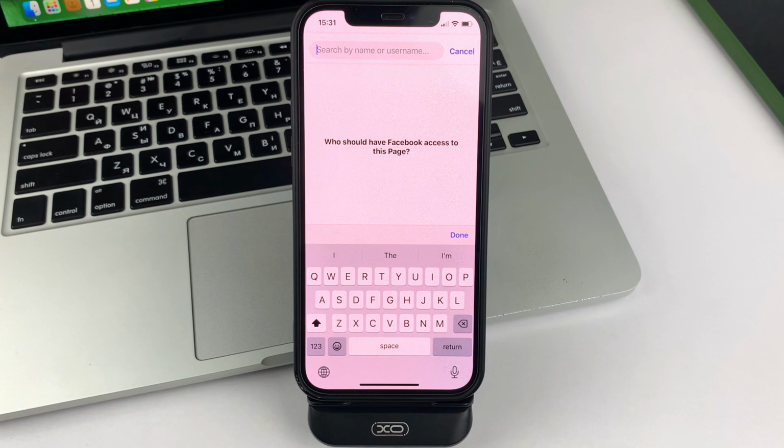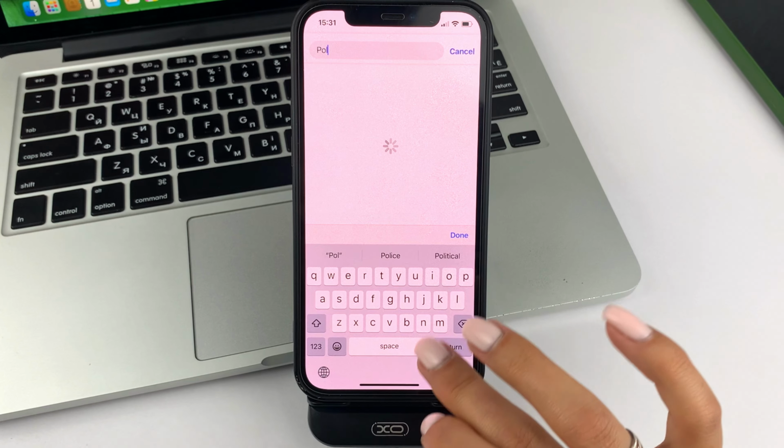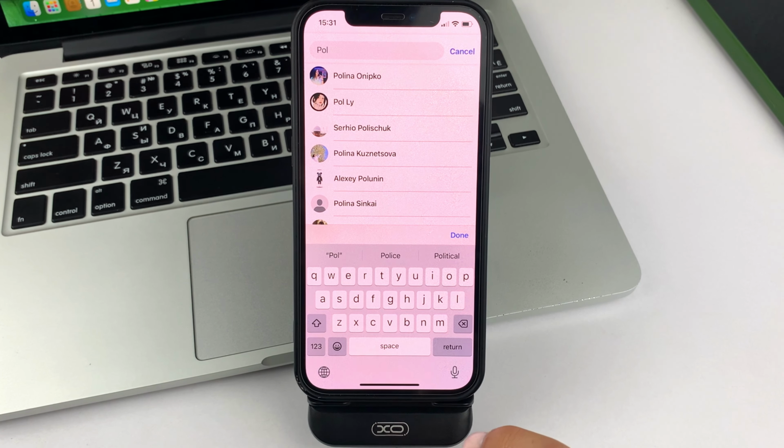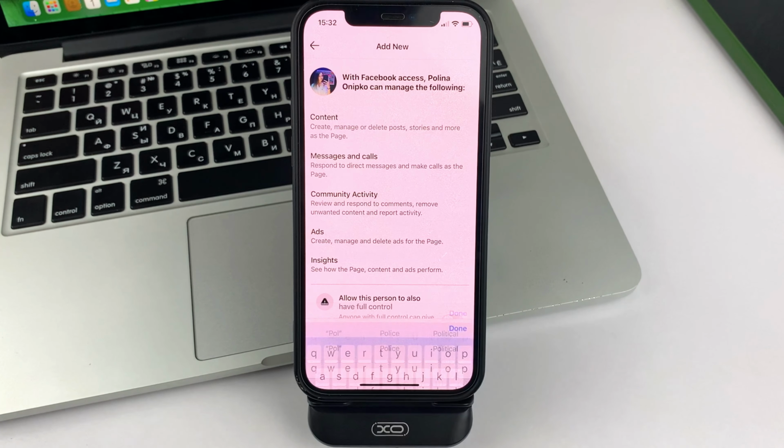Now you will need to enter the name of the person who you would like to appoint as an administrator. But friends, I will tell you right away that it should be a verified person, because you are giving him full access to your page. He can, after he becomes an administrator, delete people, delete this page completely, and generally do all the same actions that you do. So make sure that this is a reliable person that you trust. So, when you have selected a person, click on their name.